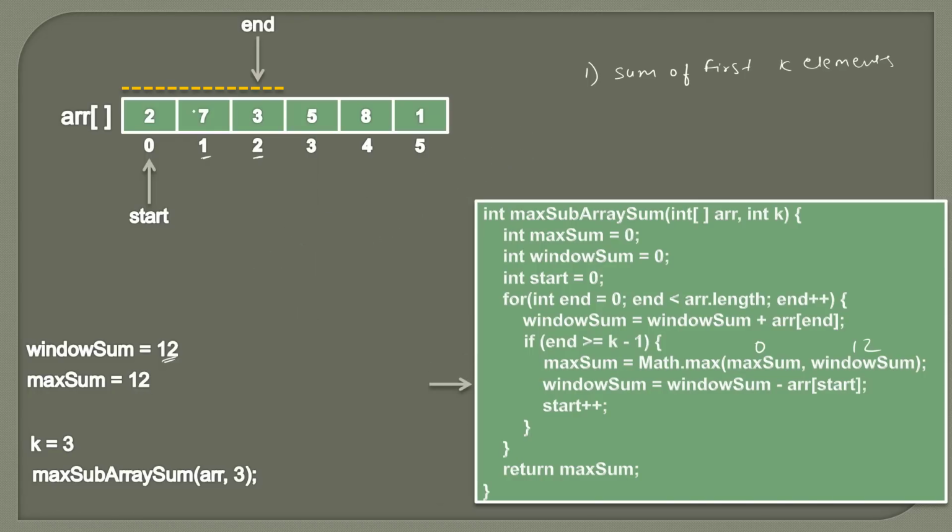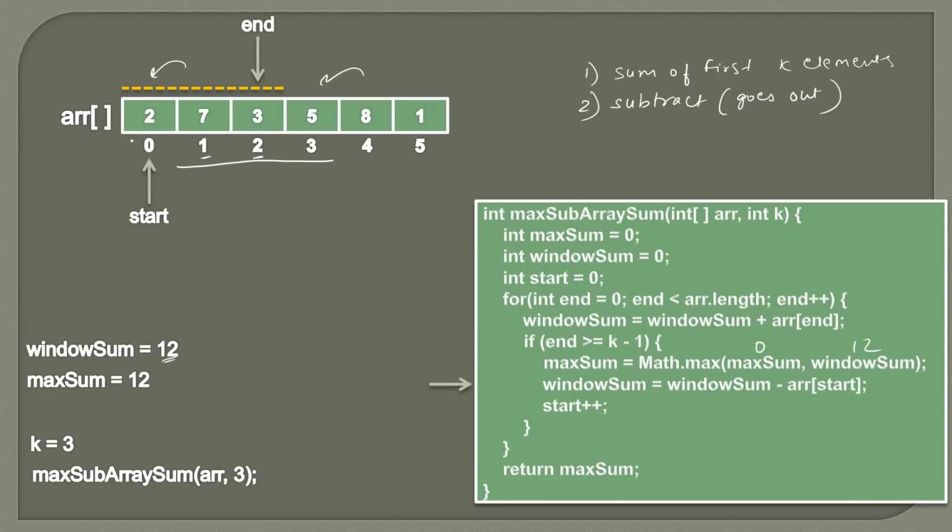So as we discussed in our previous slide, after evaluating the sum of the first k elements, this sliding window will shift ahead to get the sum of the next k elements. So 2 will go out of the window and 5 will come into the window. So we also know that the second step we discussed is that we need to subtract the element which goes out of the window. So here we are doing the same, and here you can see this start is actually helping us to know which is the first element of that window.